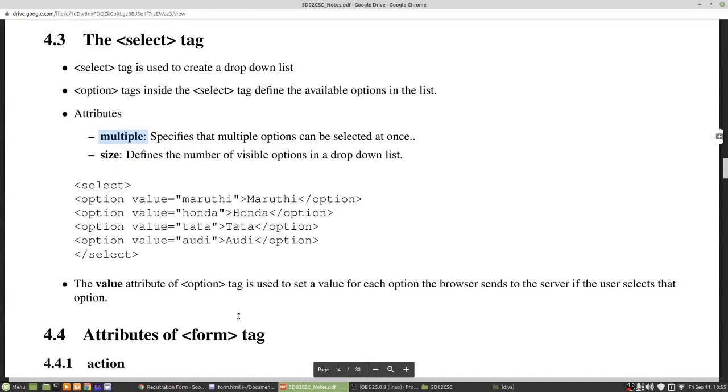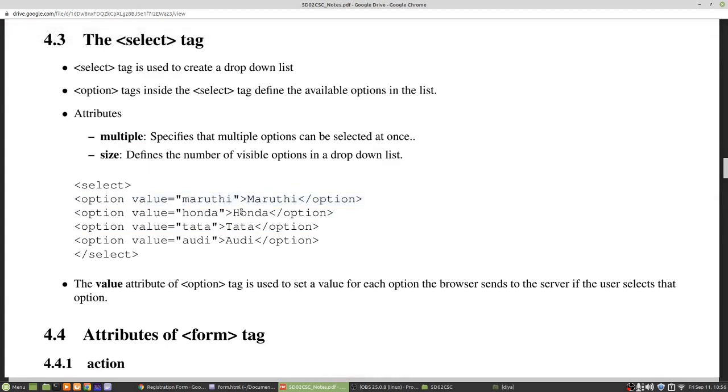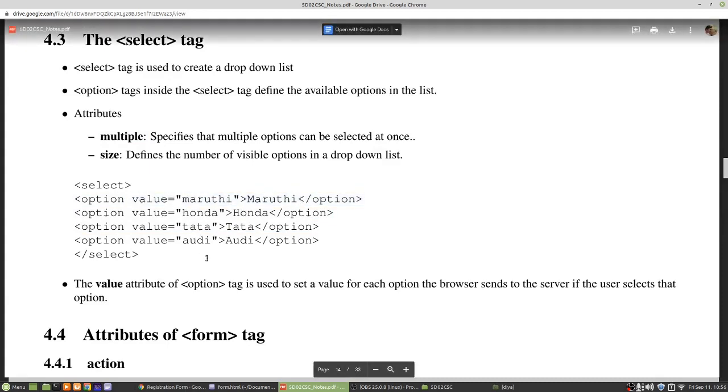This also has an attribute called the value attribute. This is used when you are submitting the form to a server. For example, the value attribute is for the option tag. See here, an example is given. Maruti, value is Maruti, Honda, value is Honda, like that it will go.